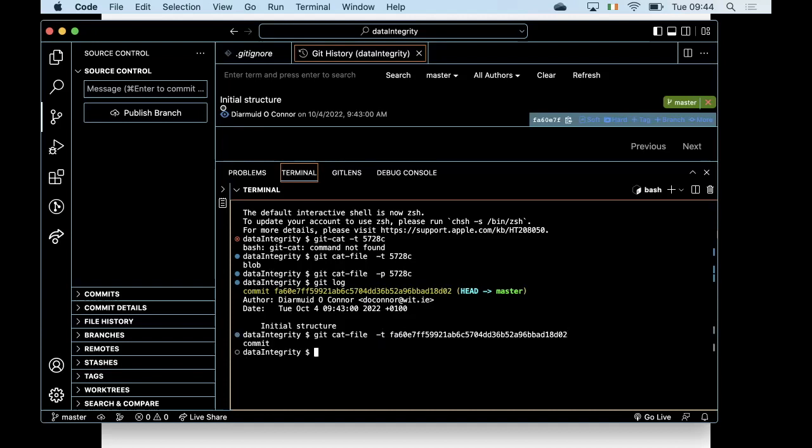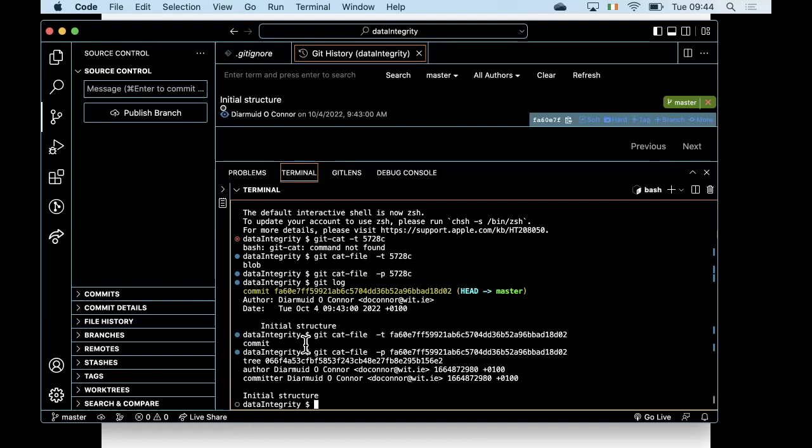Okay, it's telling me it's a commit object, that would tally. And if I do the -p option, shows me the contents of that commit object. Now, what's useful here, apart from it telling me who made the commit and when it was made,